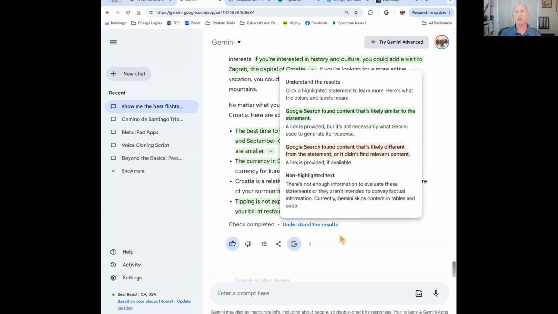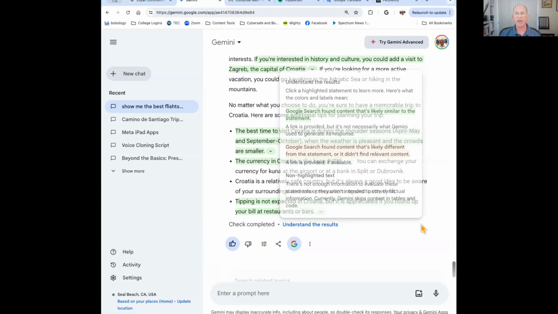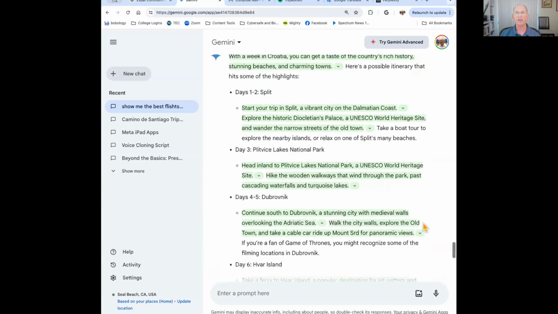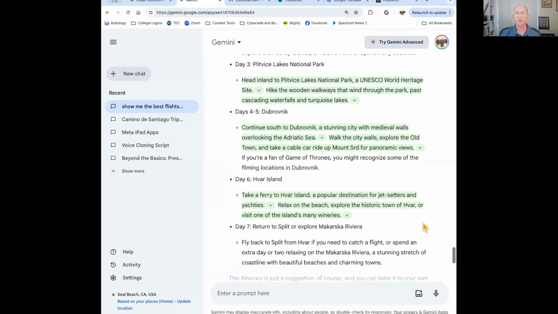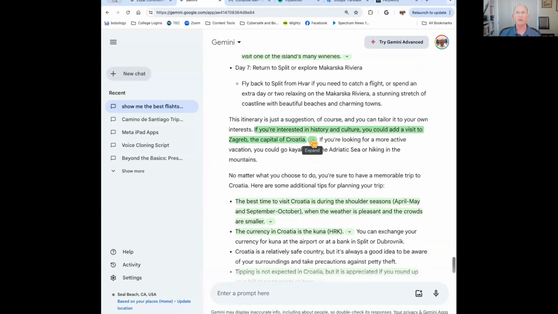So it highlighted a statement. It means that Google found content that's likely similar to what AI generated in its response. So the green stuff is good. Anything highlighted in red is bad. So I don't know if there's anything highlighted in red here. No, pretty much accurate in terms of what we got.